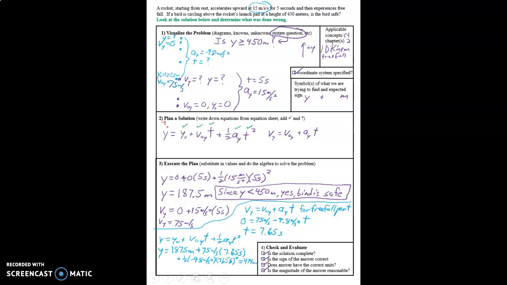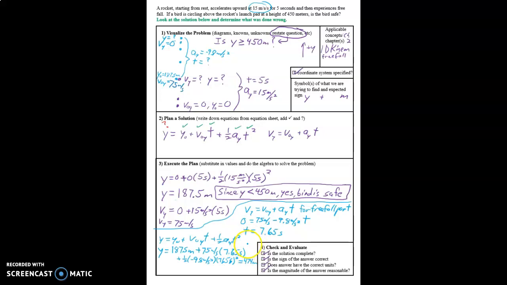474 meters. And one mistake that students sometimes make is they'll take this 474 meters and then add 187.5 to it. But that has already been done. We put the 187.5 here. If we had chosen this to be 0 and we get a number here, then we would add the 187.5 to get 474. But 474 is the final height, or the maximum height rather, and that's higher than 450, so